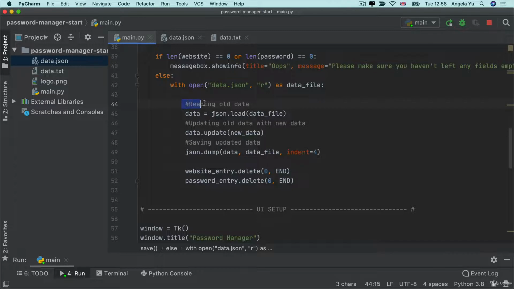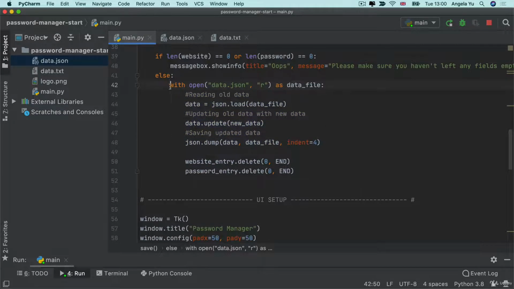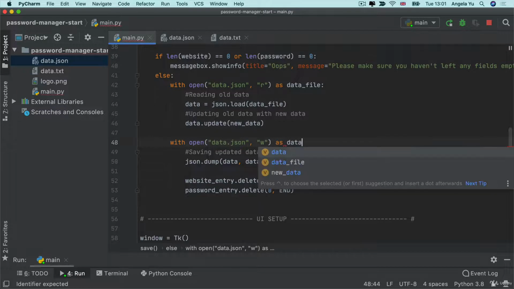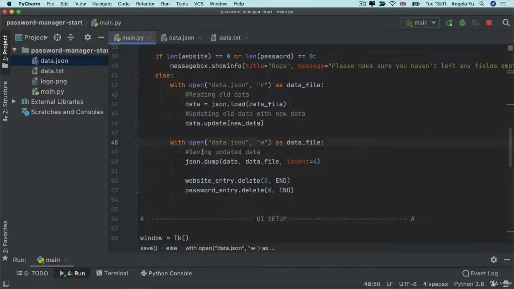Here we've got two things happening. We've got reading and we've got writing. So we can split this code into two sections. First, we open the file in read mode, we get hold of the data, we update the data, and then we open up the file again, but in this case, we open it in write mode. This time, we're going to dump the data that we've updated over here into that data file using this particular